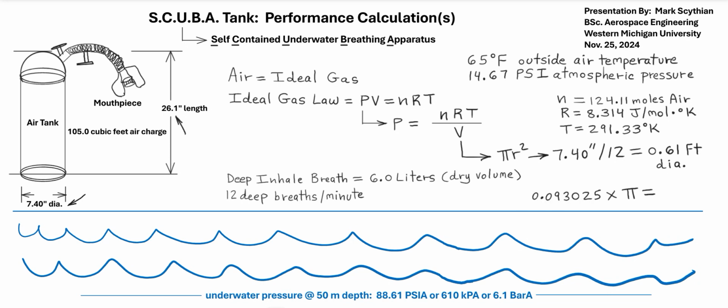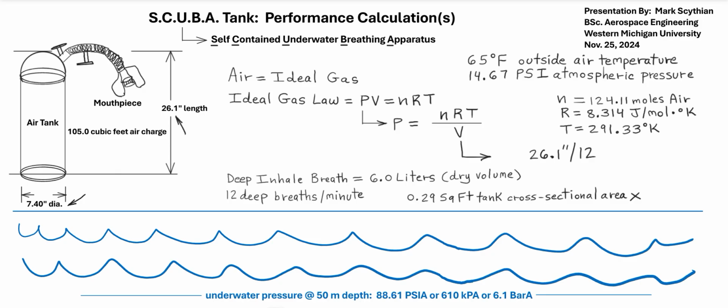And then times pi. So we have a cross-sectional area of the tank of 0.29 square feet, for which we can just multiply times the length of the tank in feet. So we divide the 26.1 inches by 12, which gives 2.175 feet length of tank. So when we multiply these out, we get the cubic feet structural volume of the tank,